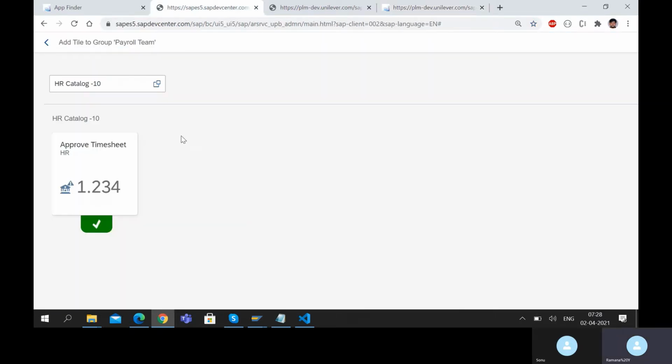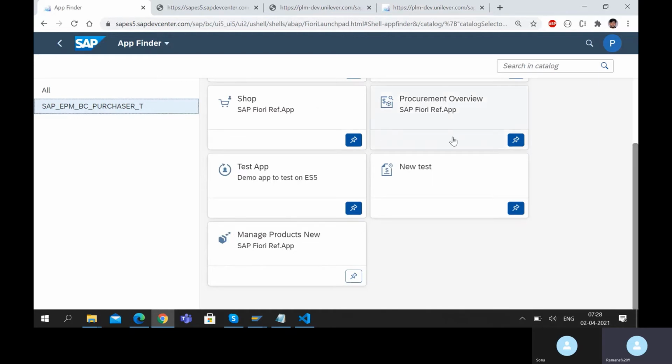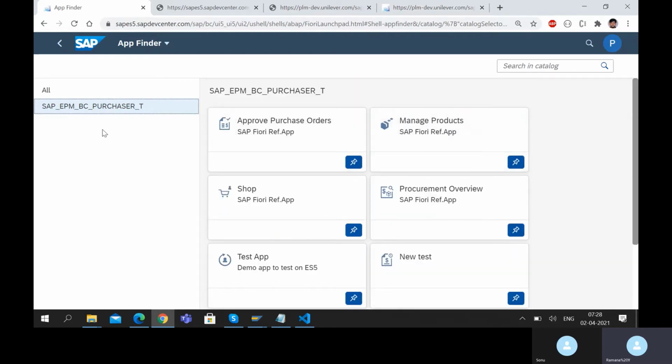See, in ES5, we do not have limited catalogs. I'm trying to show you how we'll have the catalog, etc. in a different scenario, so it will be the same. Now, once we share these catalogs and groups with the basis team,